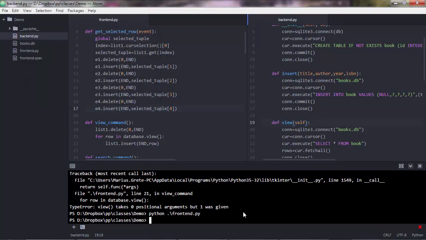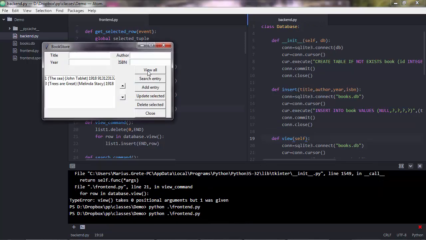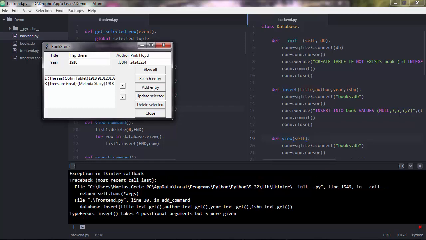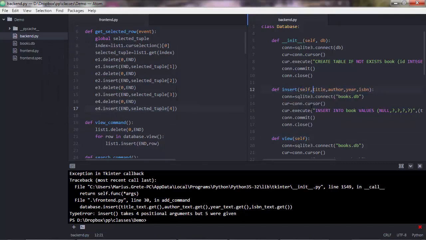So that's great. However, if you try the other methods now, like insert, you'll probably get an error. So let me try that. View all is working fine, but if we insert something, let's say hey there, and yep, add entry. So insert takes 4 positional arguments, but 5 were given. So insert, and these values are being passed to these parameters, but also we're passing the object instance. So let's go ahead and add self there,